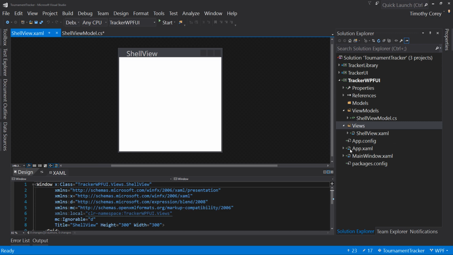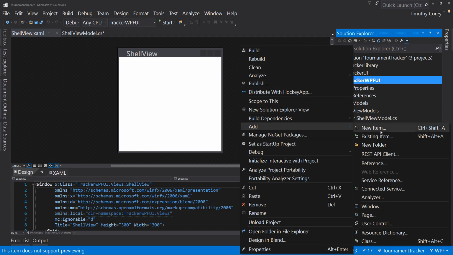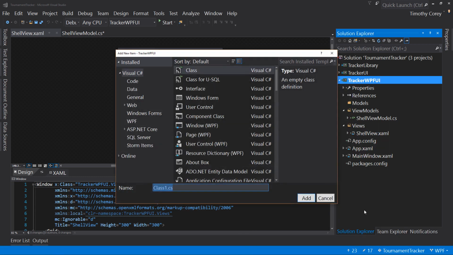Now let's start modifying the rest of this application to use Caliburn Micro. So we'll put our bootstrapper in next. So we're going to right click on Tracker WPF UI, say add a new class. So this is right at the root of